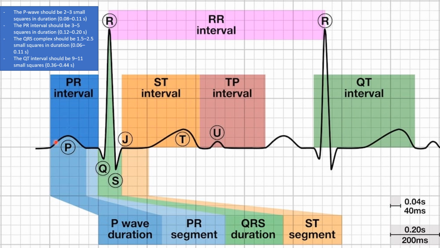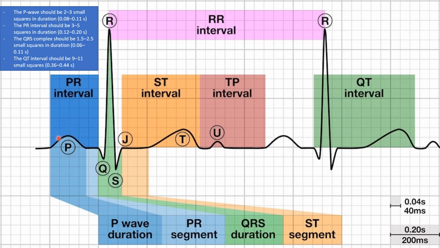All these intervals have a specific length that they need to cover, not under or over. I've mentioned them; there are different references with different numbers, but it's good to have some kind of view about this. So for instance, the PR interval should be around